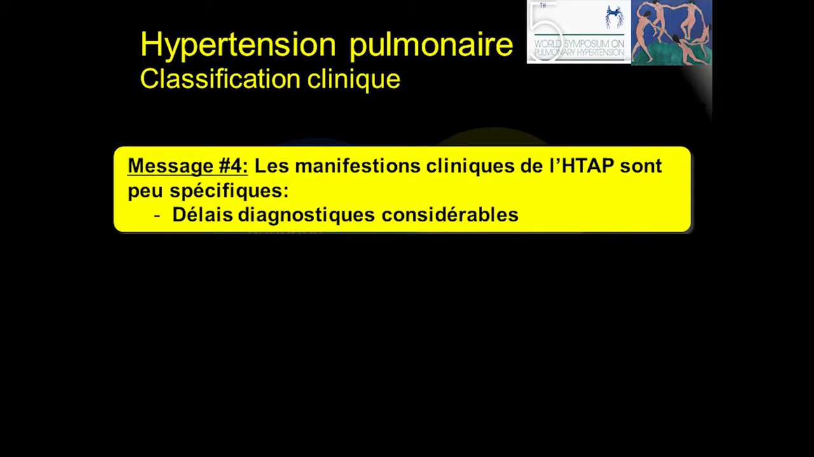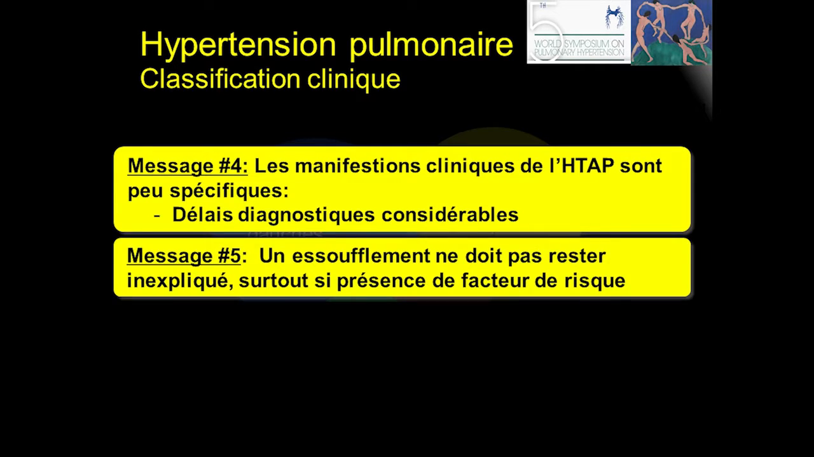Fourth message, the clinical manifestations of PAH are non-specific, which means that diagnosis can take a long time, and breathlessness should not remain unexplained, especially if there's a risk factor present, such as scleroderma. So if you really feel more breathless than 6 or 12 months ago, you have to get this checked out. It may be due to nothing at all. It may simply be scleroderma affecting your muscles, but you must bear in mind that it could be PAH or